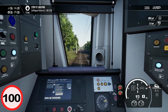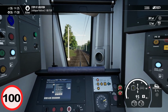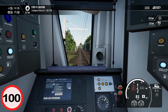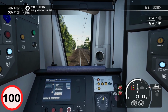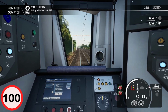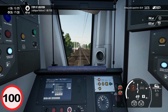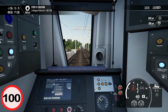So the speed's naturally coming down as we shut off the power. And just coming up now, we'll see the TPWS loop. There it is. And we're going to put the brakes into 60% here. And we're coming down quite nicely for the station. Still in 60%,